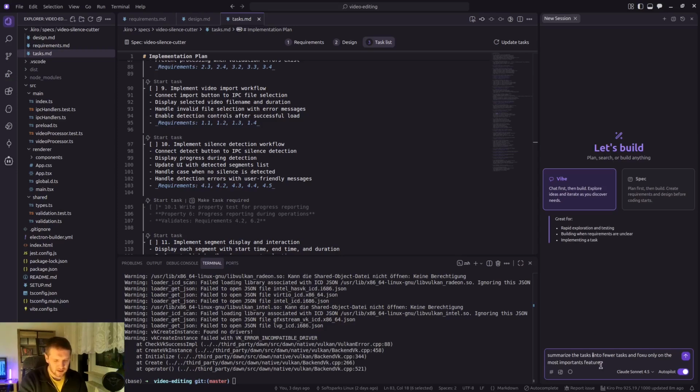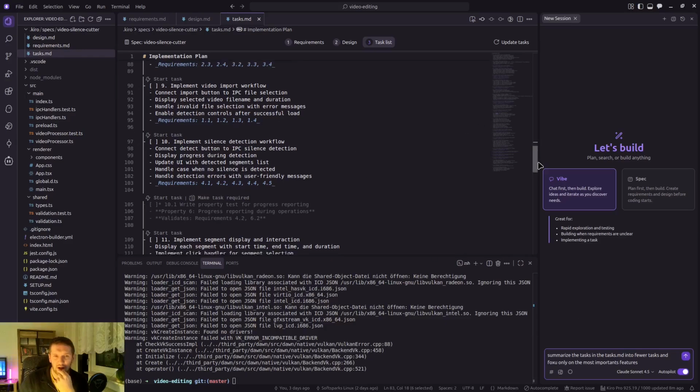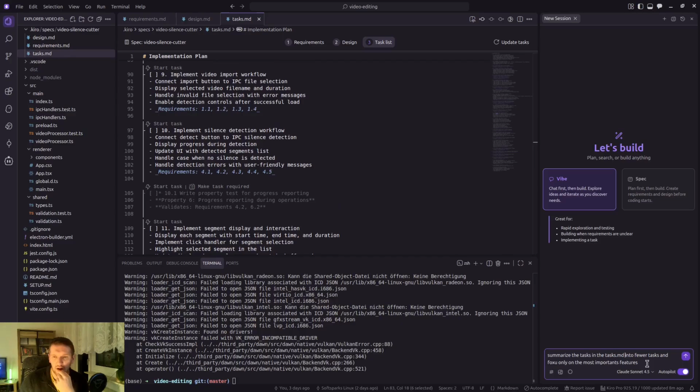Summarize the task in the tasks MD. We only have one task MD, as you can see here. If we had more spec files here, I would say the specific task file, but as we only have one, I can write it like this: if you